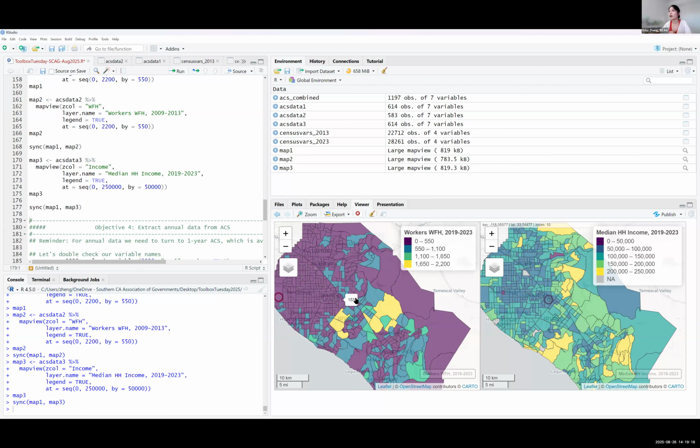Of course, we are not really looking at work from home rates here, so it might be a different story if you look at the ratio. But yeah, this is another way to look at the spatial correlation of two different variables.